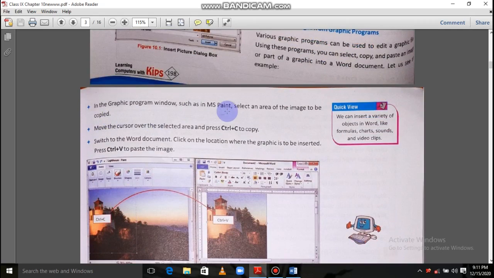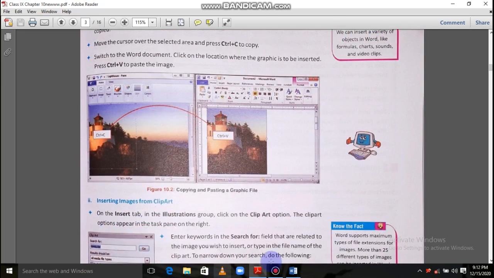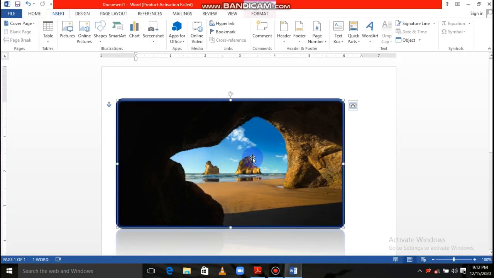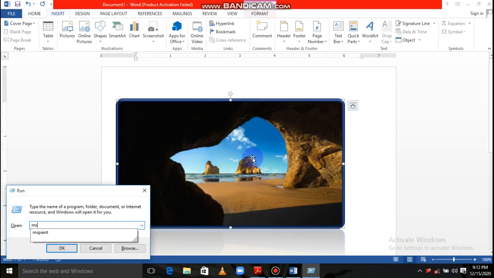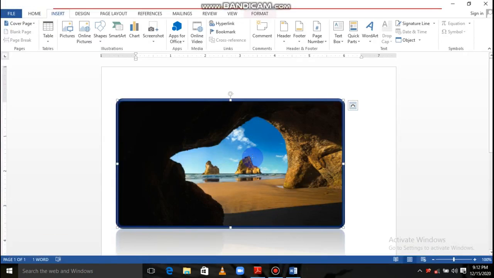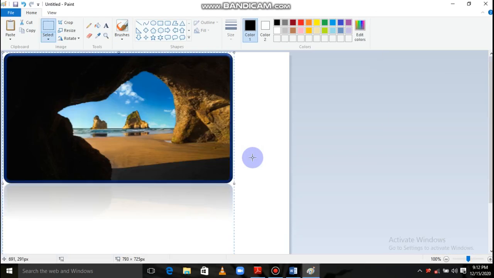In graphic program windows such as MS Paint, a selected area of an image can be copied. So what you need to do is copy this image, open MS Paint, go there and paste that particular image. Now suppose you want only this much area, so just use the crop tool